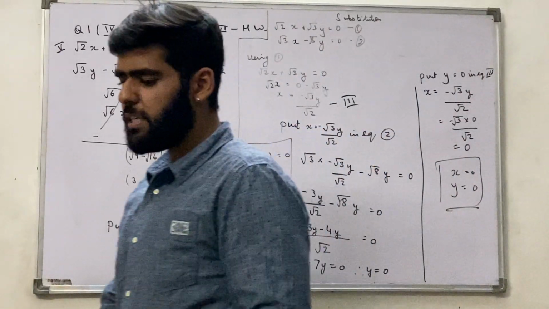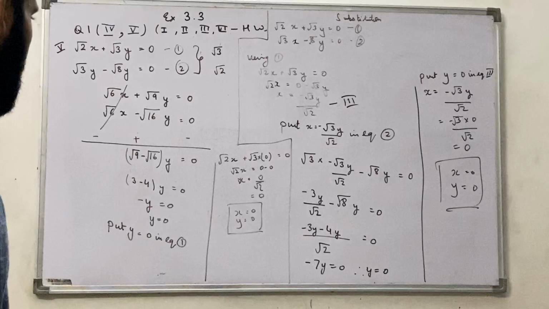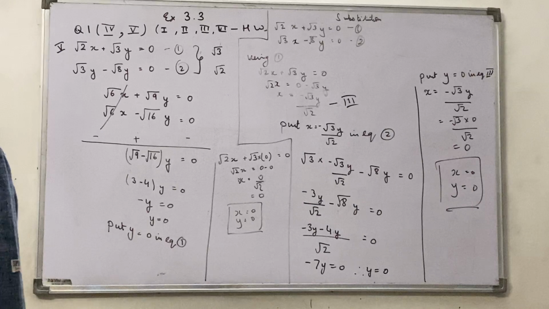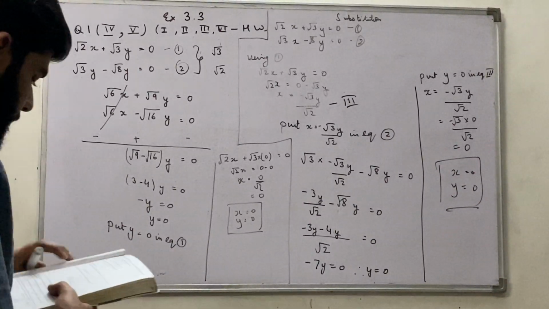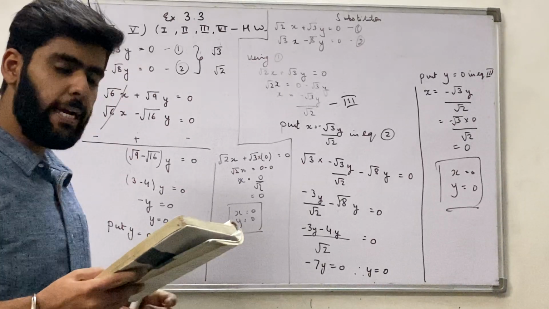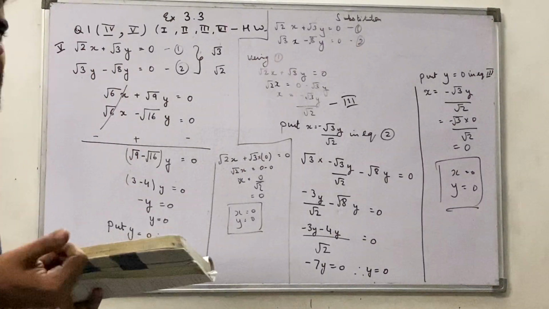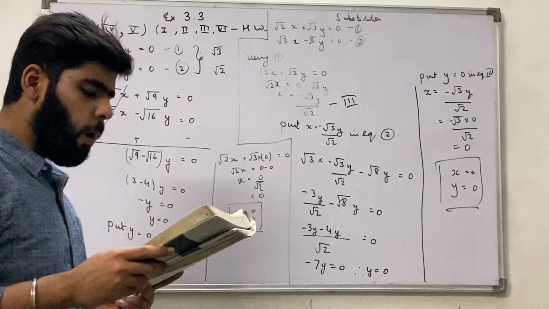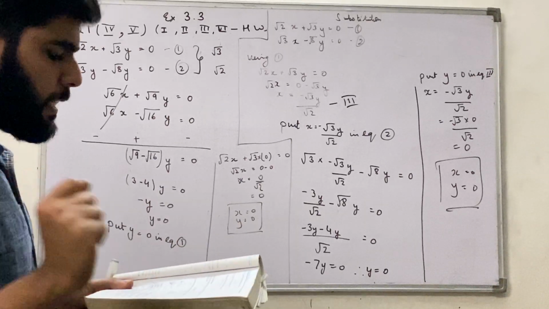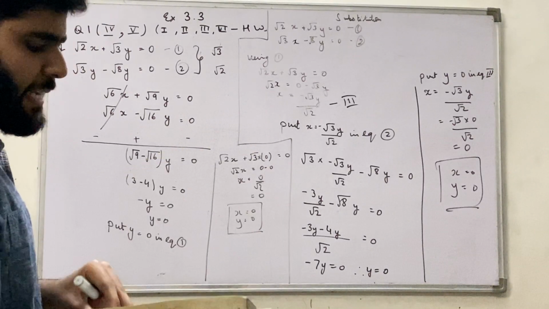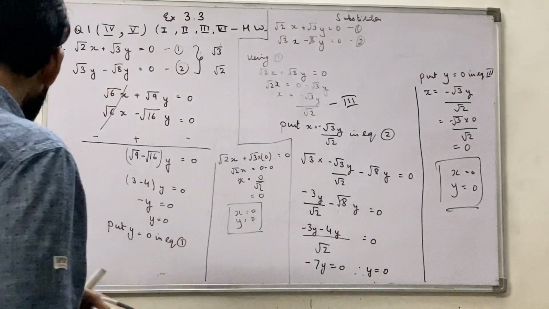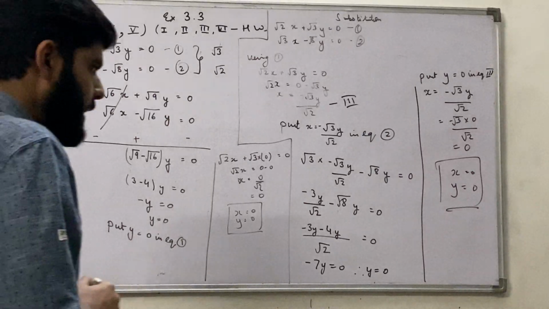We have done this fifth question also with both the methods, and this method is going to be a simpler method in each of the coming questions. Now the first, second, third and sixth part will be done by you at your home with both the methods. In that case I will be checking a total of 8 sums which are homework, that is 4 of them with 2 methods each. Now we will move on to exercise 3.4, and in that also we will only do question number 1 right now.